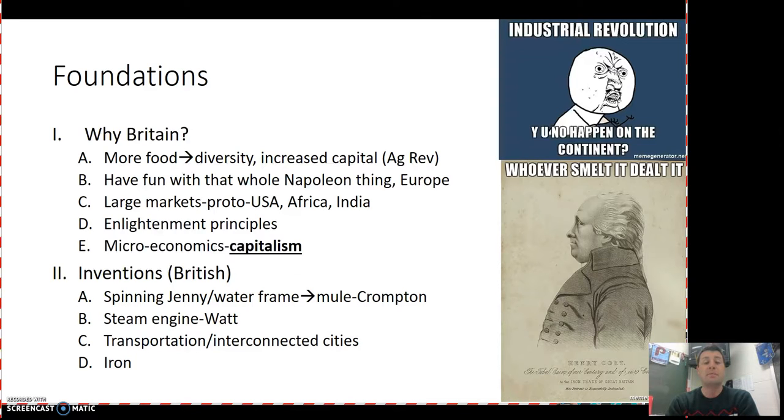We also see the steam engine, James Watt, and eventually that steam engine is not just used to power plants, power mills of any kind, but it's also used to power transportation. So we see the rocket, that early steam engine being used. And then eventually that develops into transportation, not just of people, but especially of materials from place to place in